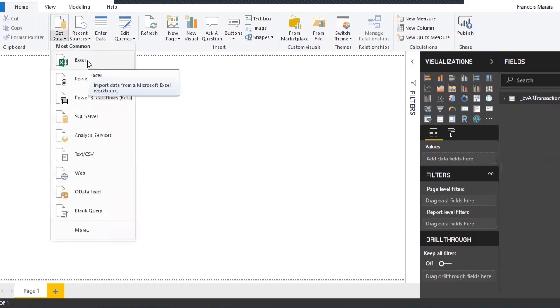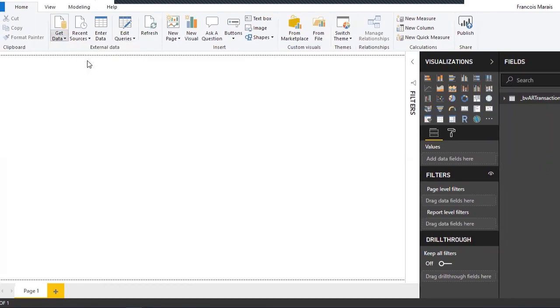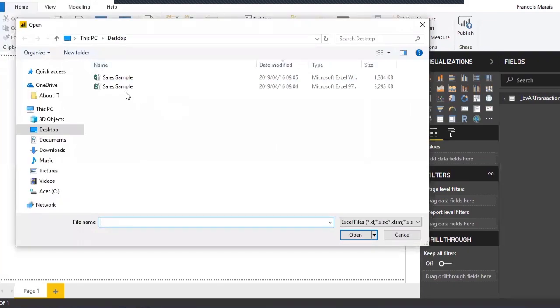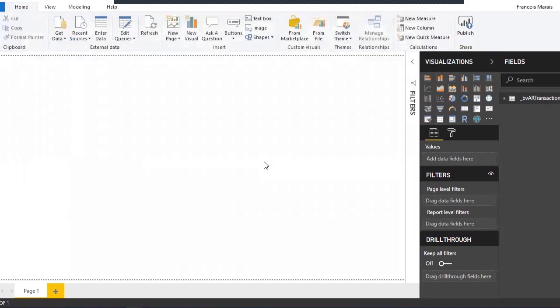And for today, I'm just going to keep it simple. I'm going to connect to an external Excel source. So I'm going to connect to Excel. I've already created a few Excel samples for us here. And I'm going to connect to the sales sample. And now it's going to go through the same process as the SQL Server,